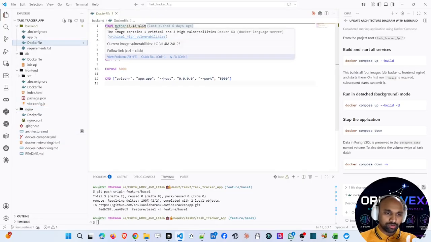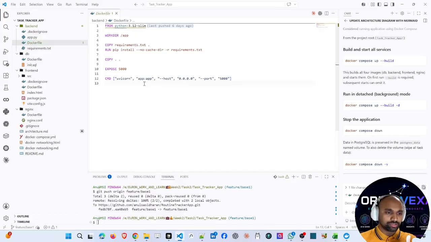It is downloading a lightweight Python 3.12 Slim image to build this application, setting /app as the working directory, copying the requirements.txt file and installing the requirements, then exposing port 5000